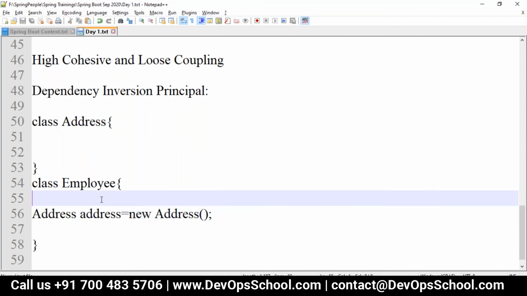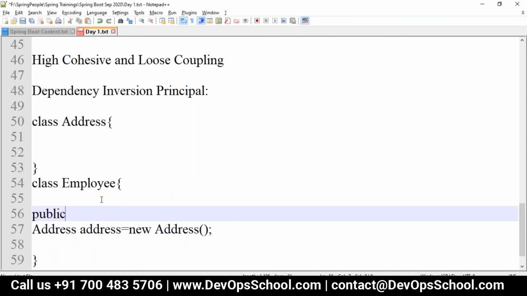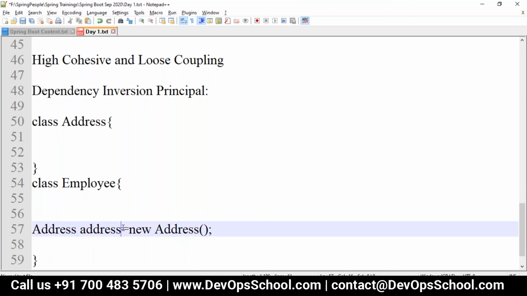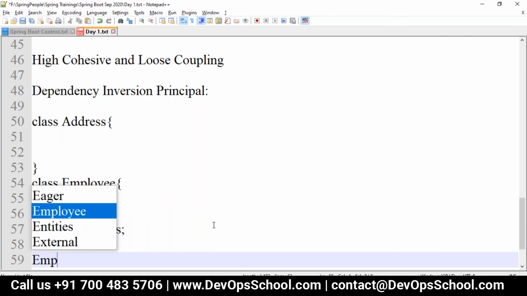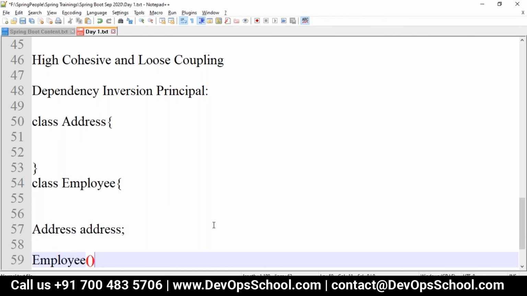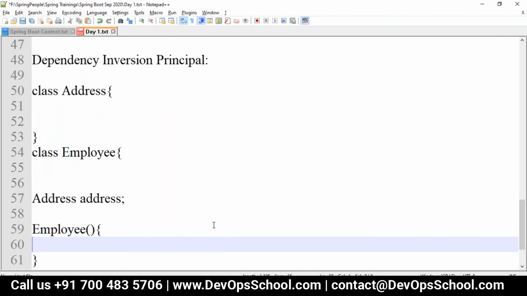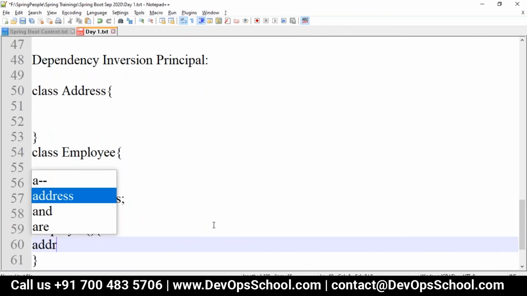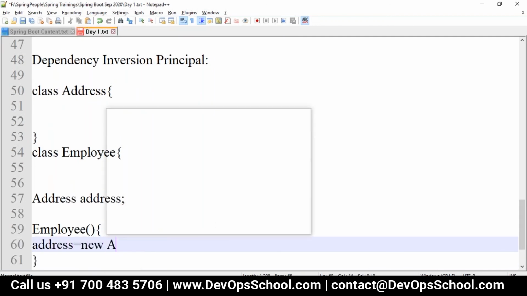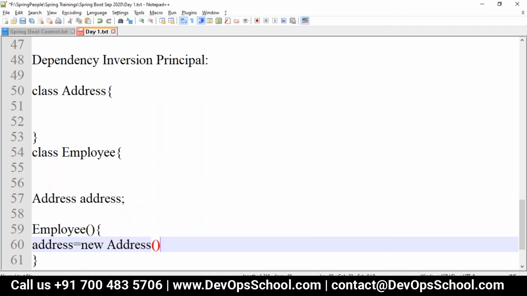Maybe you are writing it inside a constructor. I can't create the employee object without the address, so whenever I create the employee object, the address object will be automatically created.